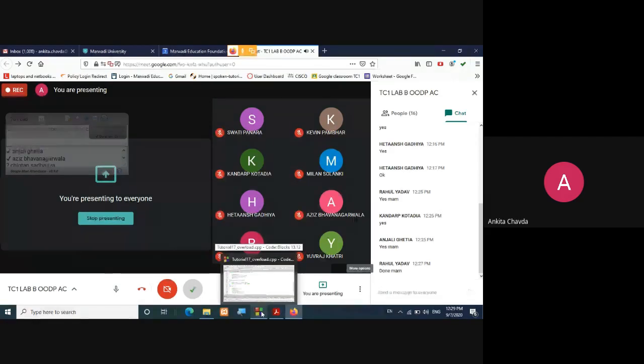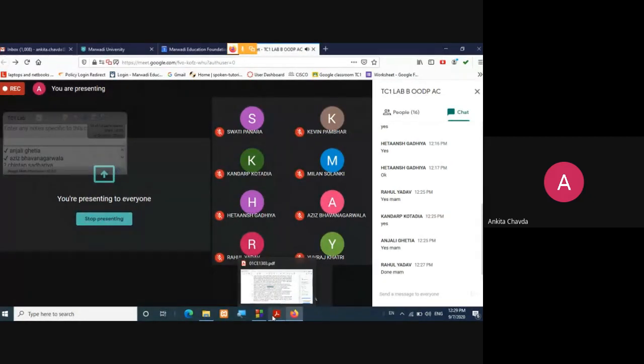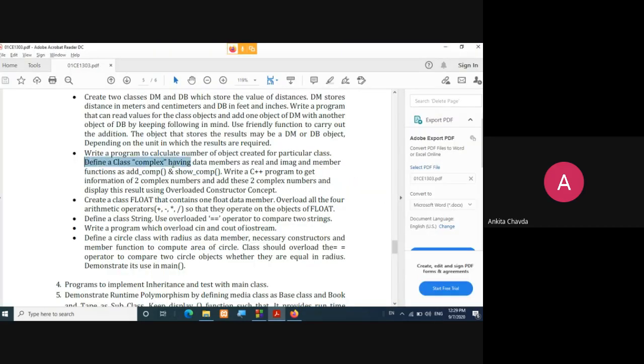Fine. So now, if I'm saying that the summation, whatever you are doing, is nothing but just addition, you can connect this program with binary operator overloading, right? So only one function will get changed. Otherwise, everything is the same. If I say that you have to define a class complex having data members real and imaginary, and a member function is this, and what you need to do is